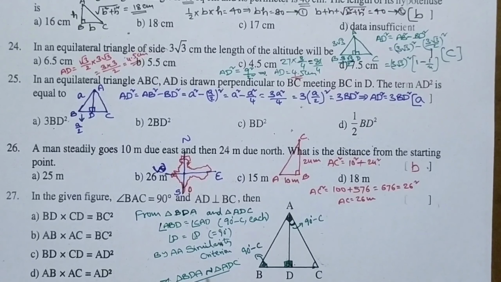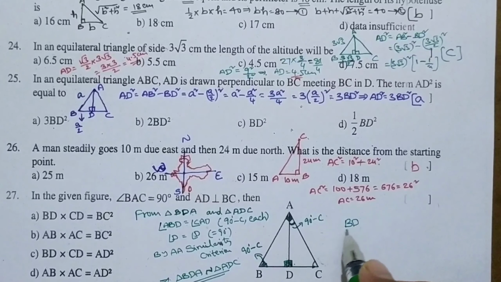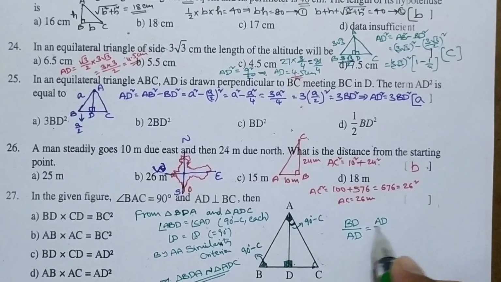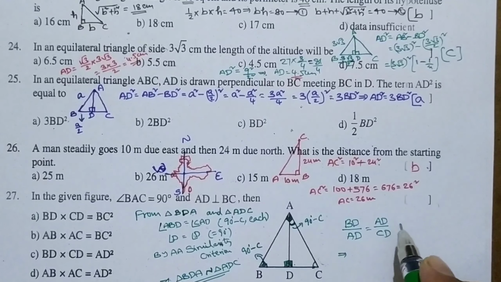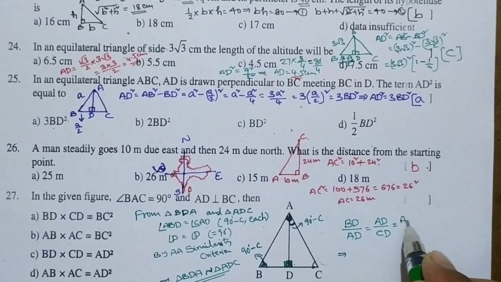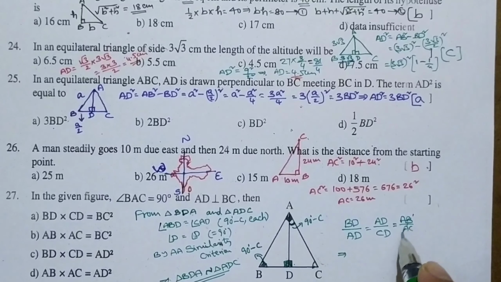Now when two triangles are similar, their corresponding sides are in proportion. So here if I take first two terms BD, here the corresponding one is AD, and here last two terms DA can be written as AD again. DA means AD. Here last two terms DC means CD. Now we do cross multiplication. Since the triangles are similar, the corresponding sides are proportional. Here one more side also can be taken. If I take BA means AB, here AC will come. But we are not going to use it, so let us skip it.